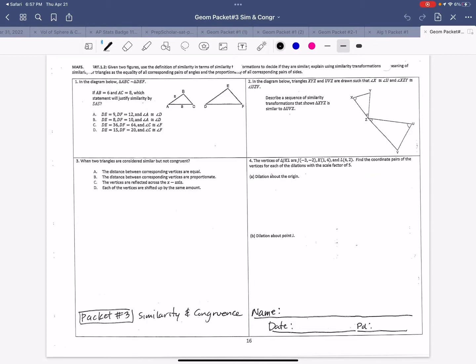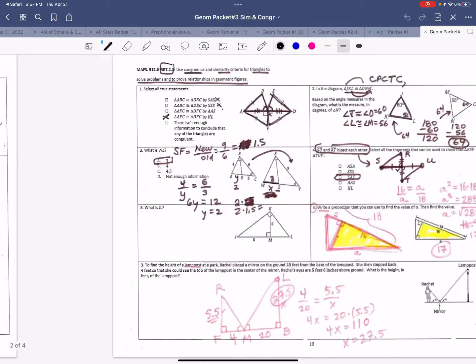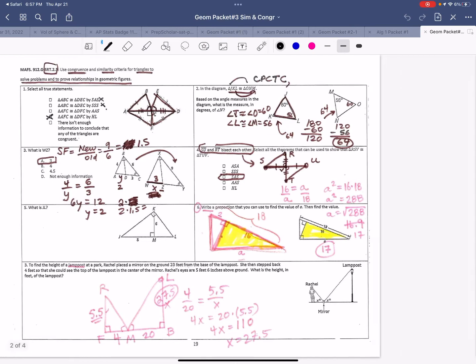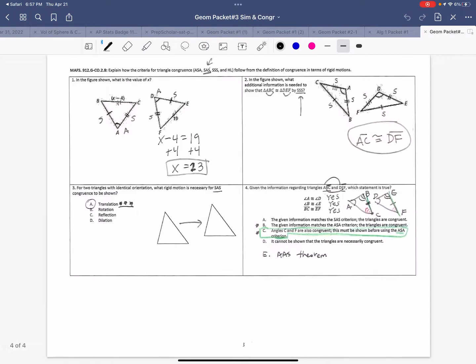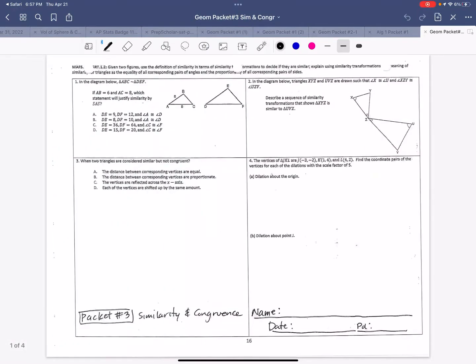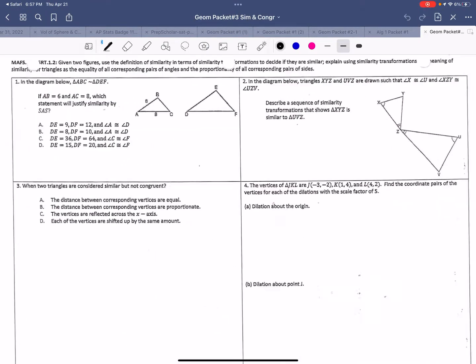So let's do it. Packet 3, similarity and congruence. In class, we did this page, right? This page and this page, okay? So we just need to do this and we'll be done. Okay, so let's look at